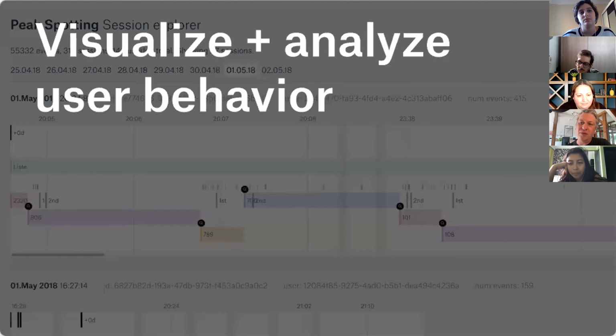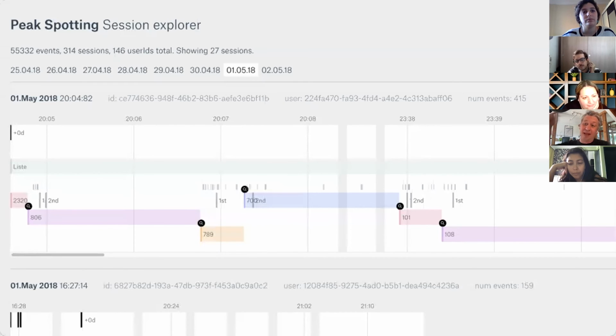The other thing we do quite extensively is track user behavior. So we even built a visualization in the backend to visualize the user sessions. So we were able to see, oh, people spend this long and then they do this action and that action. So it's like a little musical notation almost. It's a bit extensive, but because it was a completely new tool, we really wanted to see how it's being used. And in this case, for instance, we've seen that black dots are all search events. So although we built all these amazing visualizations, there is a bunch of users that just use the search, like Google for trains, basically.